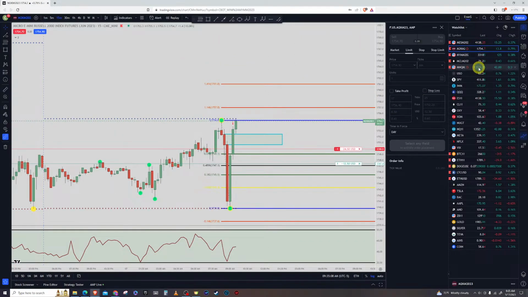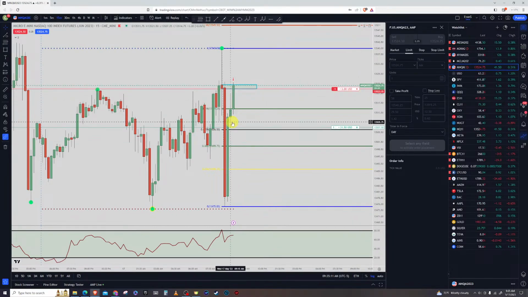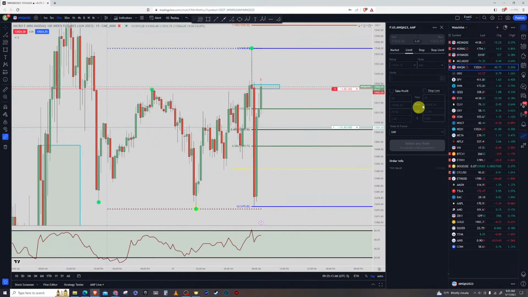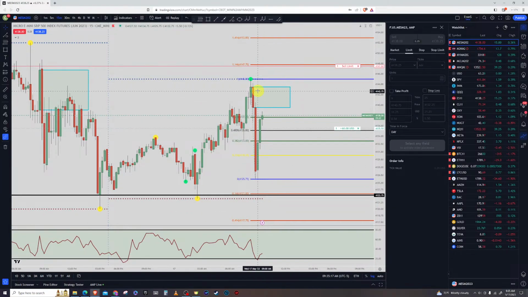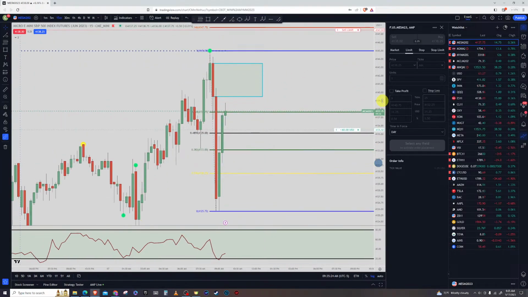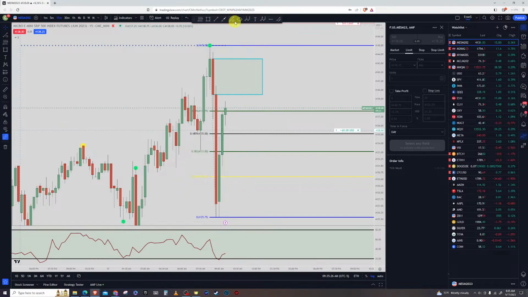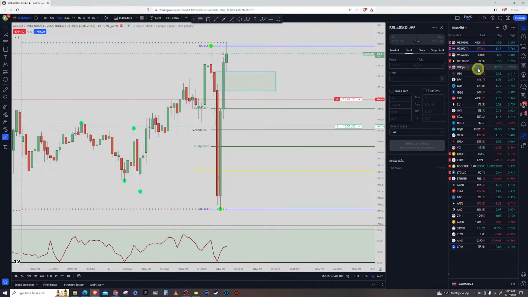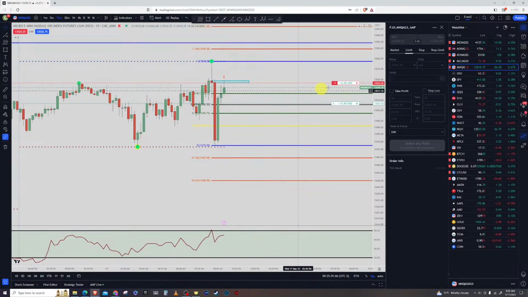The Russell, the Nasdaq, and the market seems to be popping off over here. So if we are going to get in one more market, we'll make sure we get in at a much better level if the market continues to go up, rather than getting in right here. That's what I normally do if I'm in any other trades. If we get in right here, then the exit would be down about right there, so you're looking at about a 2.5 point gain. But since we're already in the Russell and the Nasdaq, we're just going to leave it alone for right now.